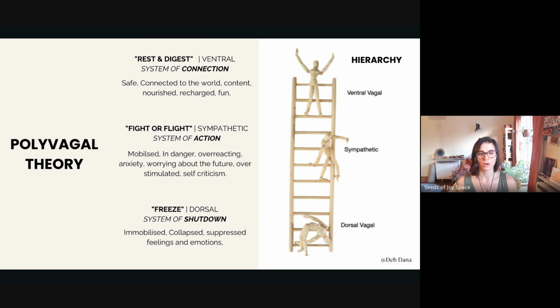And also, when we are supported by co-regulating relationships, we have the opportunity to become more resilient. And this is really good for our nervous system as well, because we are wired for connection. So having these supportive relationships is something that really can help us to regulate our nervous system and feel more safety in the body.